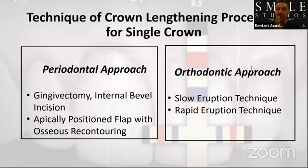Okay? That's why in most of these cases, we might ask the help of our orthodontist, and he can do something called extrusion, in which he will extrude the tooth out of its socket, but at the same time, we need to do some fibroectomy. We need to cut the gingival tissues while he's trying to, every week or every 10 days, extrude the tooth out of the socket, we will just cut part of the gingiva so that the tooth will come down without the gingiva with it. And in these cases,